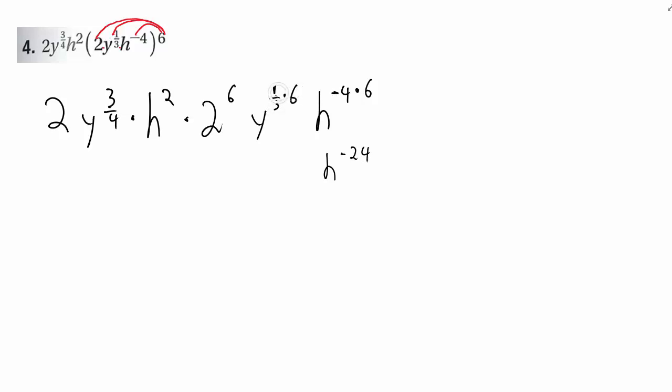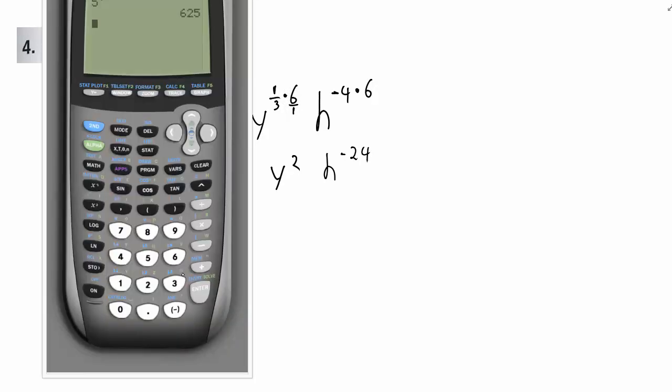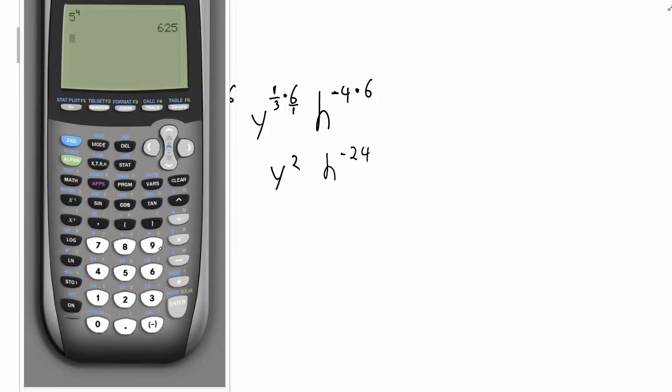This is 6 times 1/3. If you need to do this, 6 over 1 times 1 over 3. You can also multiply in your calculator, but you just cancel this out and you get 2, so that's y squared. In case you forgot how to multiply fractions in your calculator, because it's a good skill to know, you could do